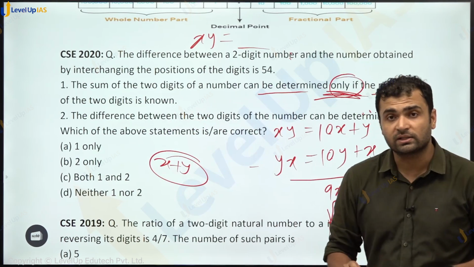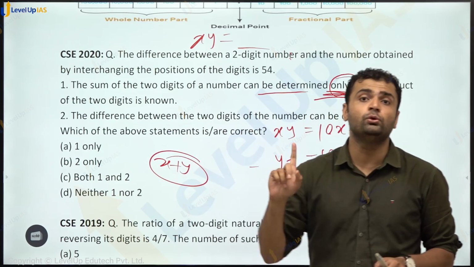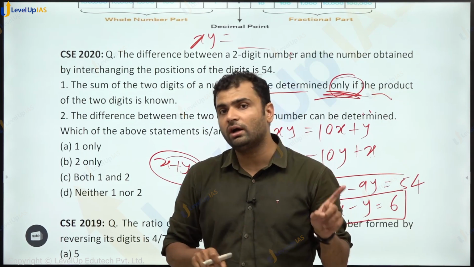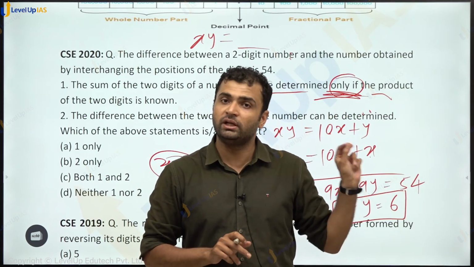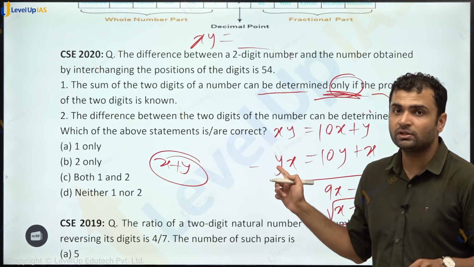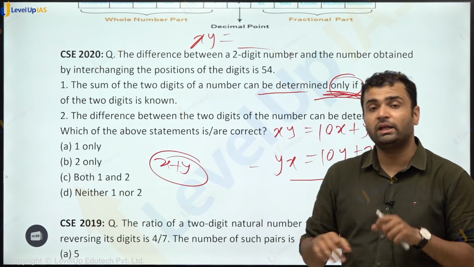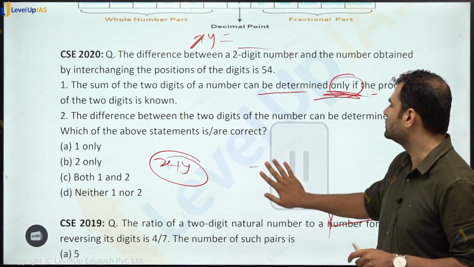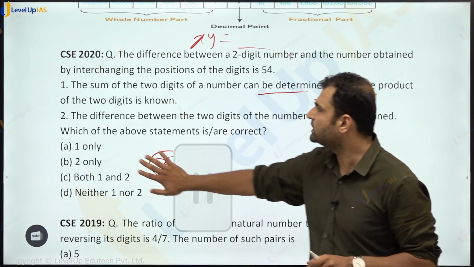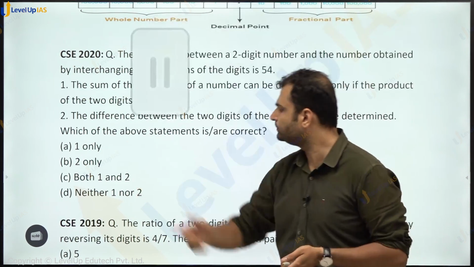And in any case, we know from GS, we use this in paper 1, that if the word "only" comes, then we have to be extra cautious. Only means extreme word, meaning extreme statement. So we have to be extra cautious to be correct. 98% of the times it will be wrong. So the same idea: because of that word "only", the first statement becomes incorrect.